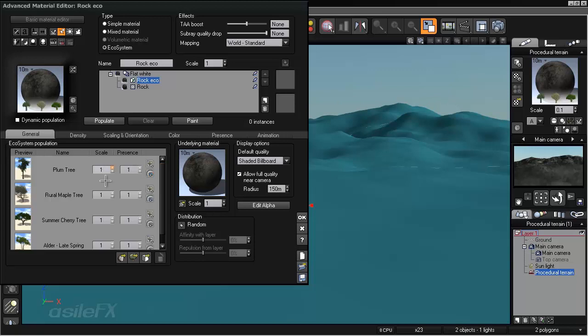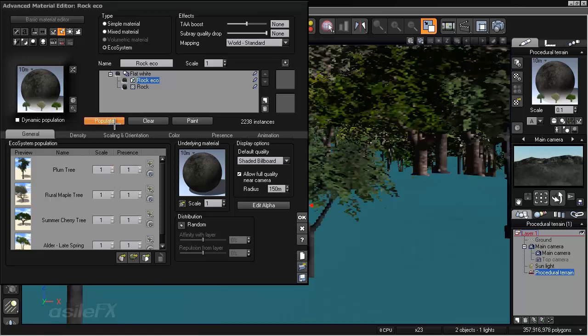You're going to see a scale of 1 for all the instances you add in, regardless of whatever that unit is. So basically a scale of 1 is going to equal whatever that display unit is set to. So if it's set to 0.1, then 1 is going to equal 0.1. If you have it set to 10, 1 will equal 10. So if we go ahead and populate,